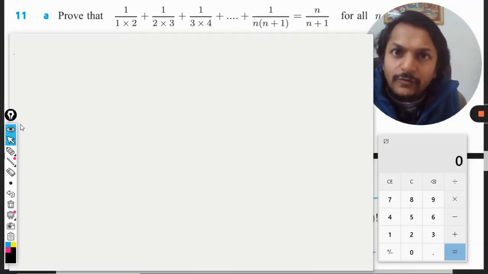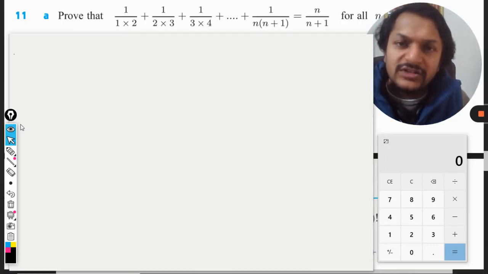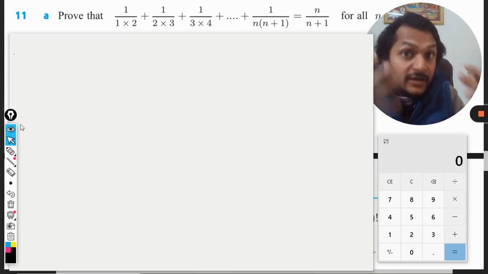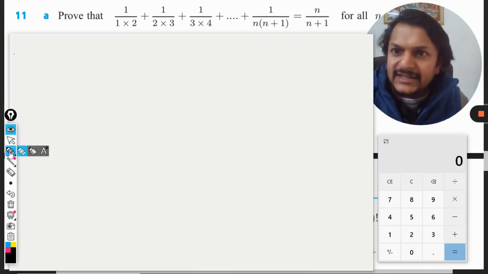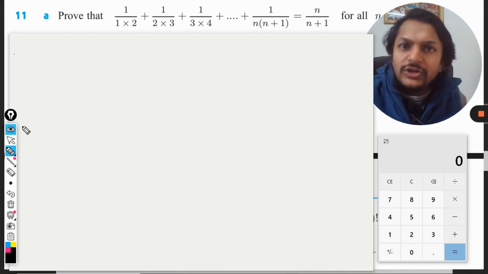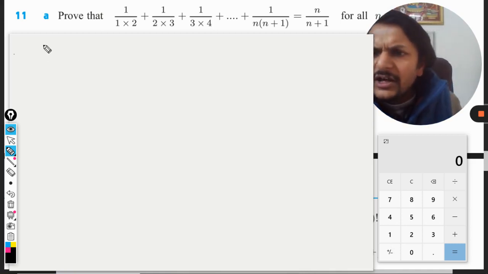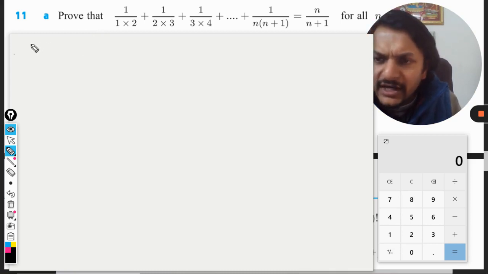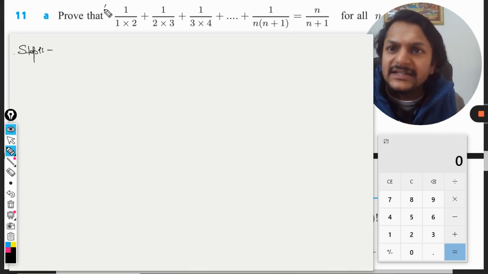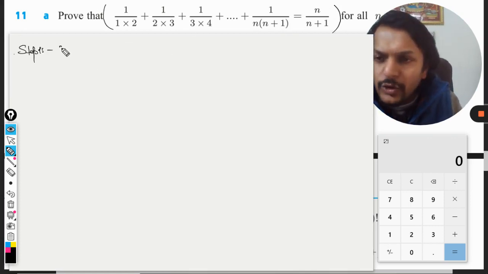Okay, dear students, so we were doing some sequence questions in mathematical induction. So this is another kind of sequence, and let us see. There is no summation rule used here, but even that can be used here. But anyways, we are just going for the simple thing now. So step number one is that we assume that this is the proposition, and we are going to substitute n